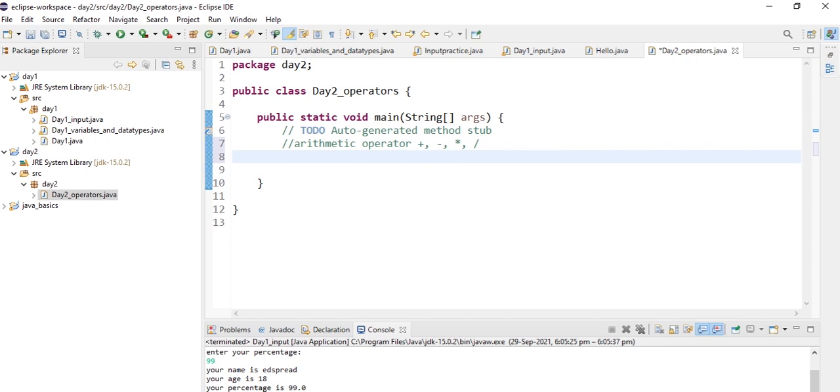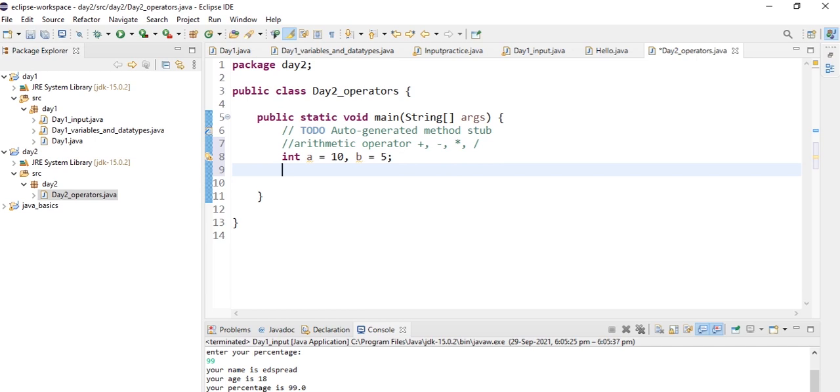Now let's declare two variables of int data type and perform different arithmetic operations on them. Let's assign 10 to a, that is a is equal to 10 and b is equal to 5. First let's perform addition.